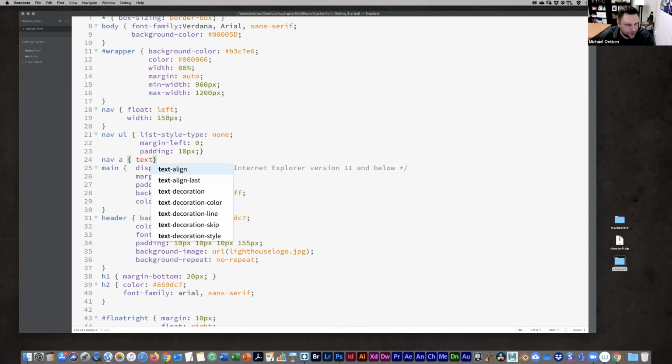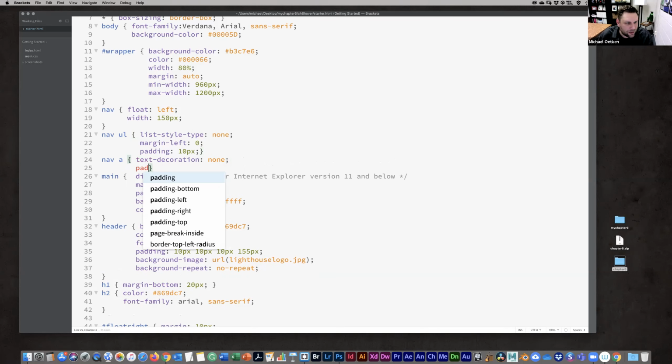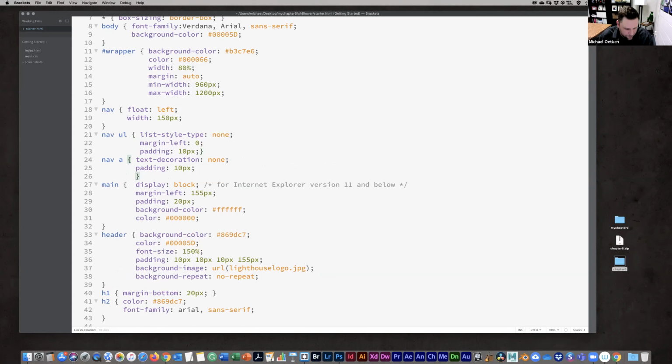So text-decoration, we need to get that set to none. You guys have done this before. We're also going to add padding around everything, 10 pixels. And we want the font to be a little bit bolder, so let's do font-weight bold.